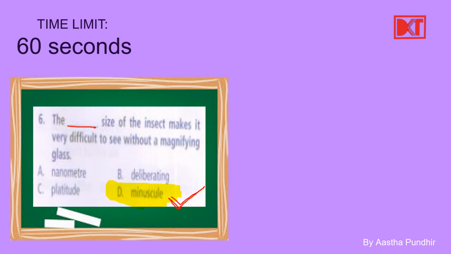Now, if you see the other options, here we have nanometer. Nanometer is basically a noun, we can say. It actually means, to be exact, 1,000 millionth of a meter. Now that is extremely small. That size can actually, we can say, be of microbes in these cells. That is very small, even smaller than that of the insect.